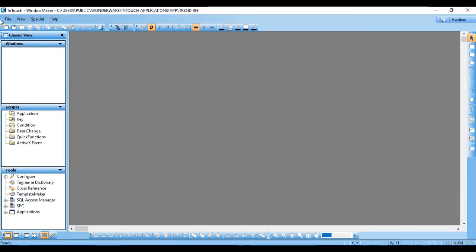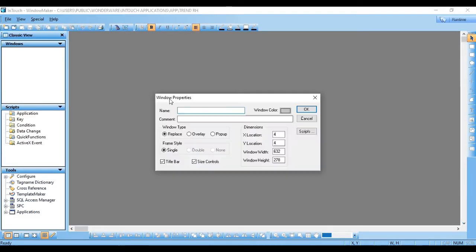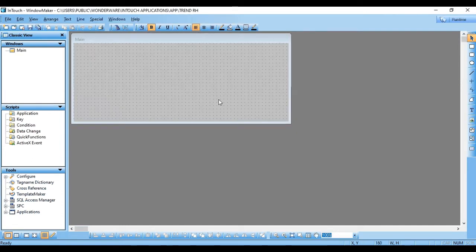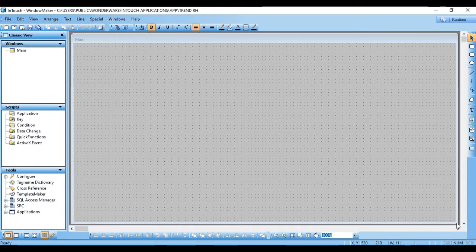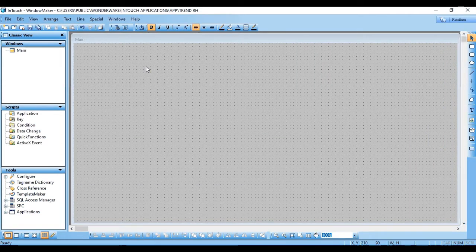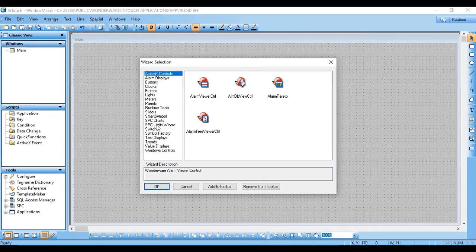So let's create a new window. First of all, we will check the real-time trend. We need to take a slider to consider as our variable parameters.